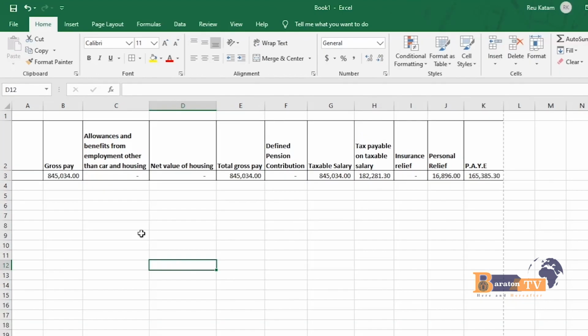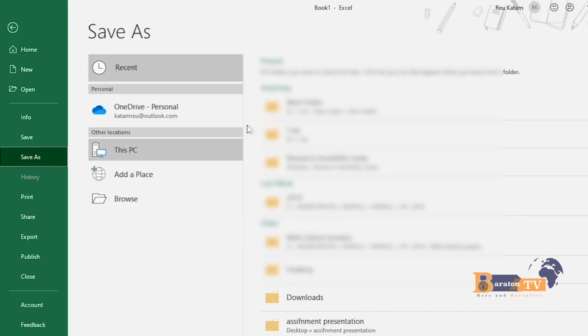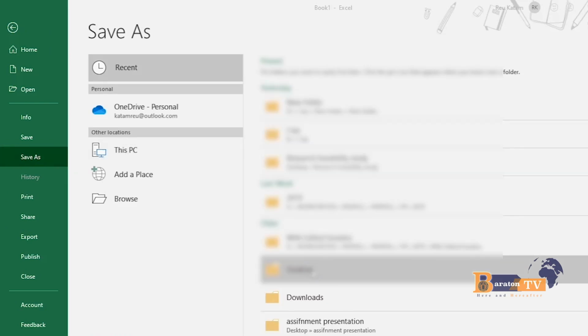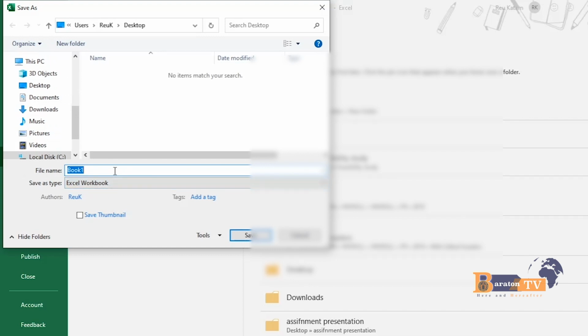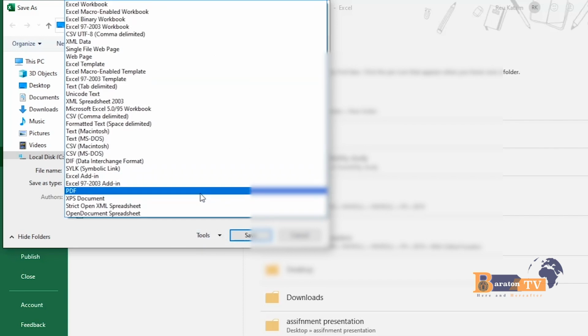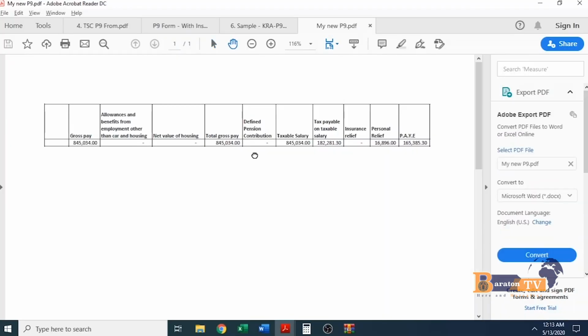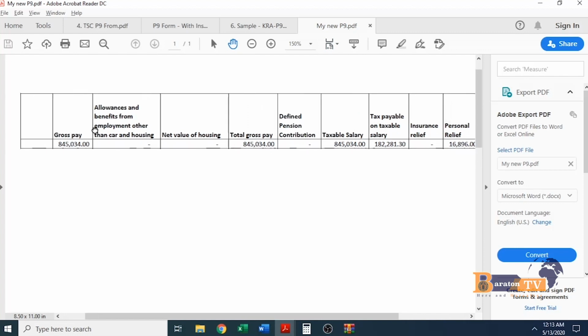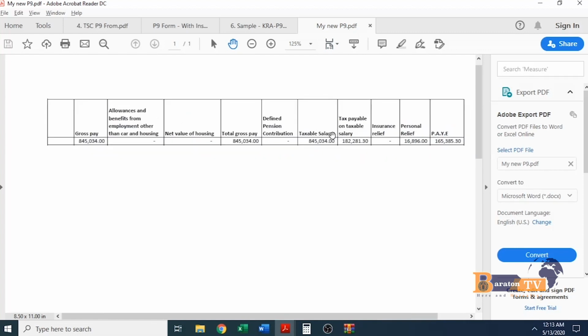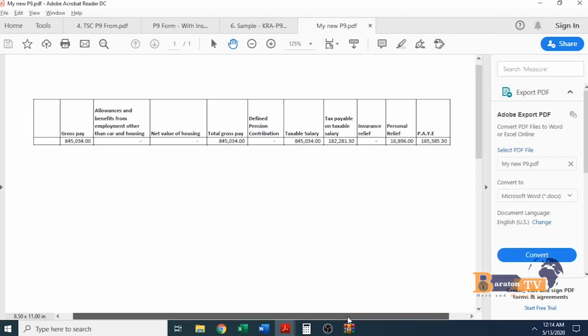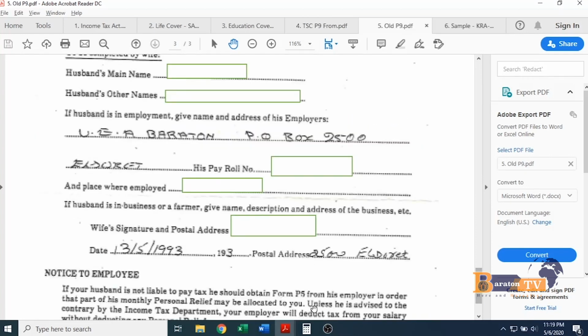Once that is done, I will say that I want now to save again. Save as. I will say I want it to go to the desktop, and I will call it my new P9. And remember, it should be on PDF, and then save. Alright, you can see that we now have all the sections all the way from the gross pay to payee. It's ready now, and therefore all you need to do, you head over to your browser, whatever browser you're using,